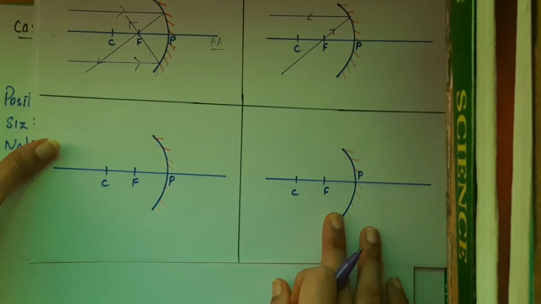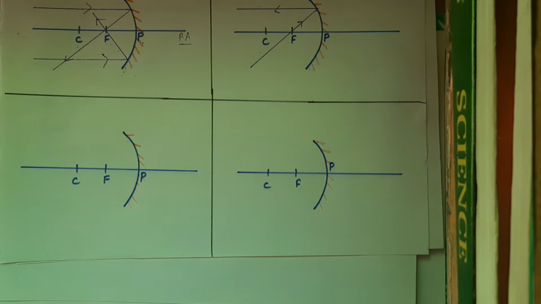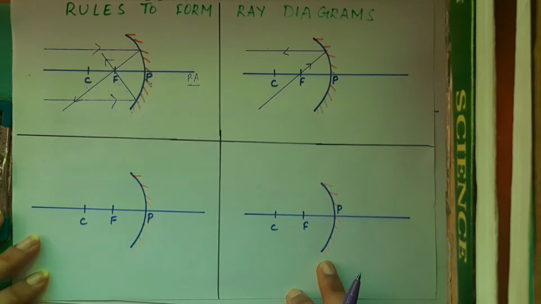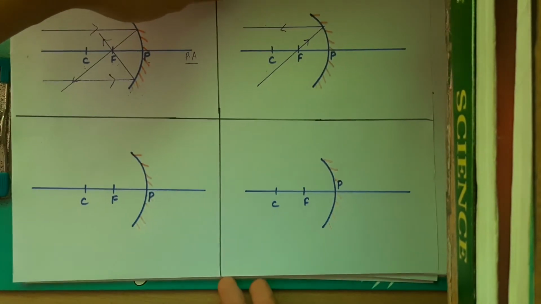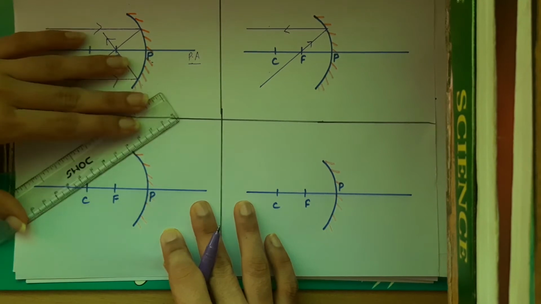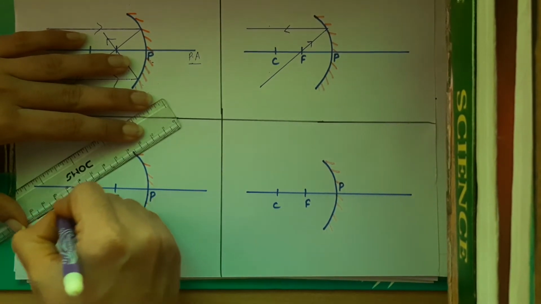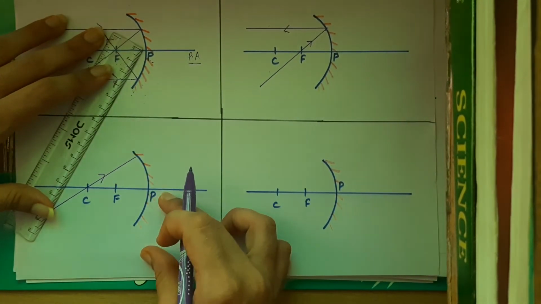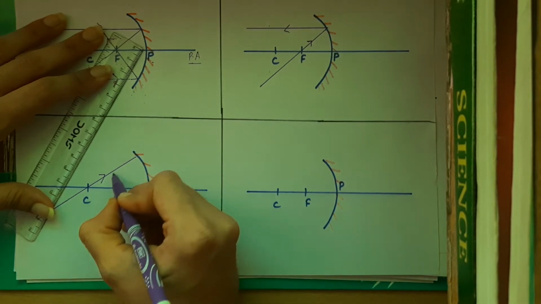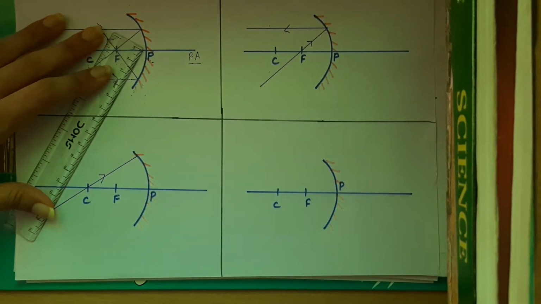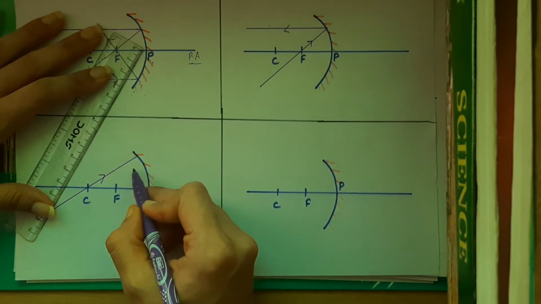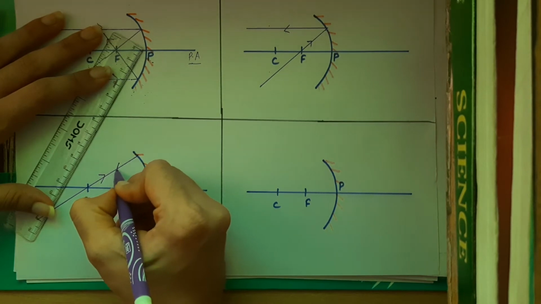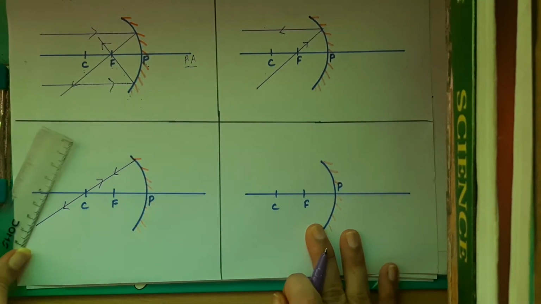Let's move on to rule number 3. What is rule number 3? Rule number 3 is: if the light ray is passing through the center of curvature, what happens to the light ray after reflection? That's what I am doing here. Make sure that the light ray, when it passes through the center of curvature, goes till the mirror. Just make the mirror a little bigger so that the light goes through the center of curvature and reflects from here. Now the rule is that the light ray passing through the center of curvature returns back through the same path after reflection. So it reflects back and comes through the same path. And what is the reason for that?